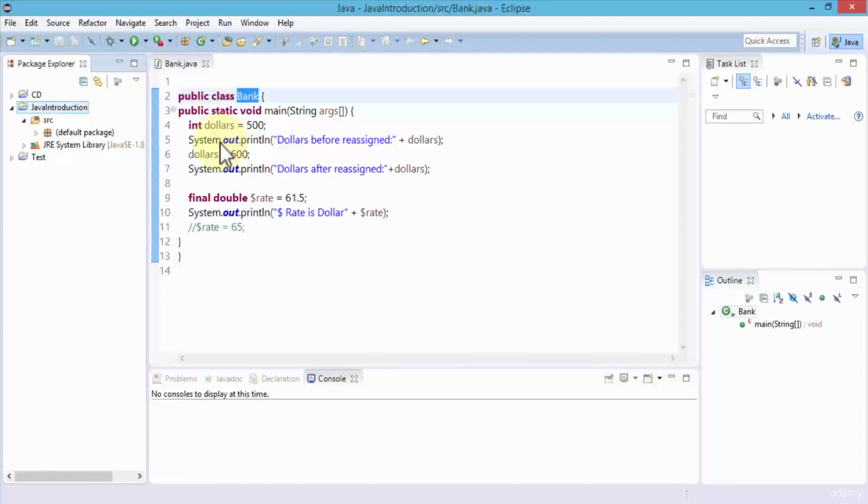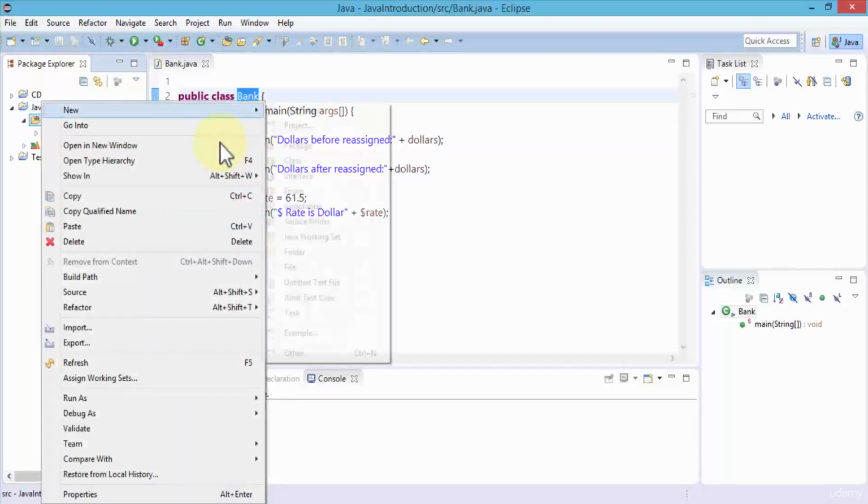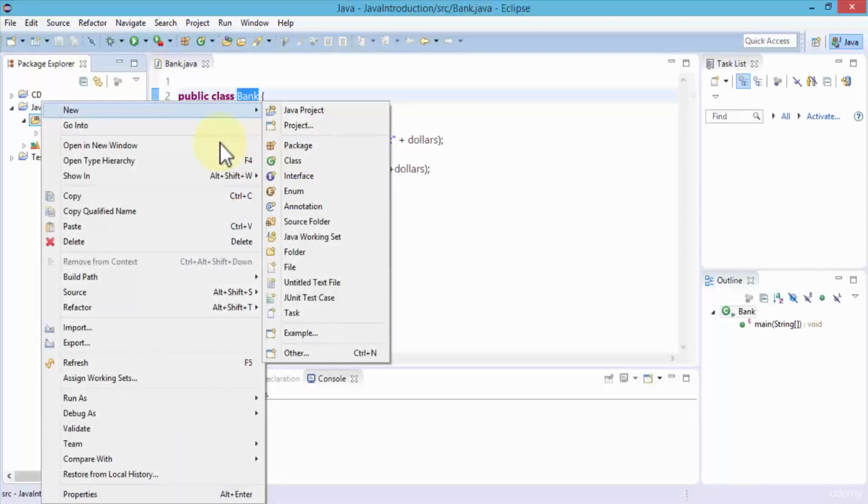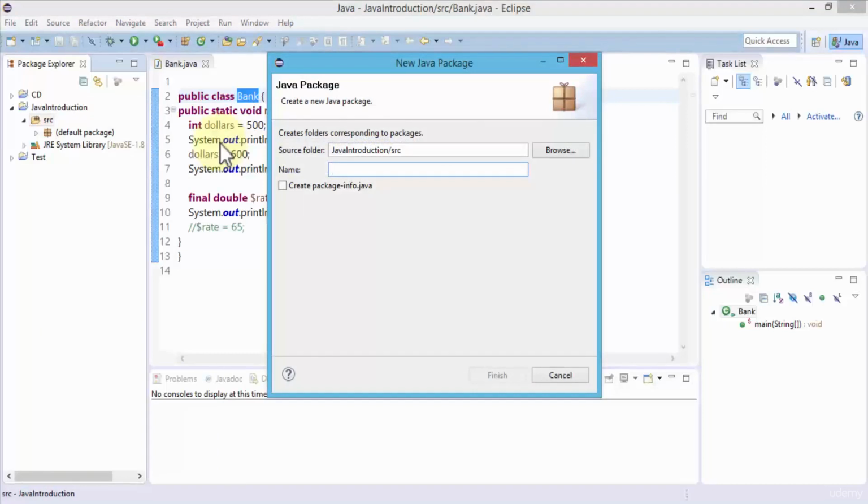So let me go ahead and right click on src, click New, and then one of the options is called Package. So choose Package, which brings up the New Java Package dialog box. This is where I can create a new package. The source folder, of course, is the Java Introduction /src. I can, of course, browse and give it another source folder on my computer